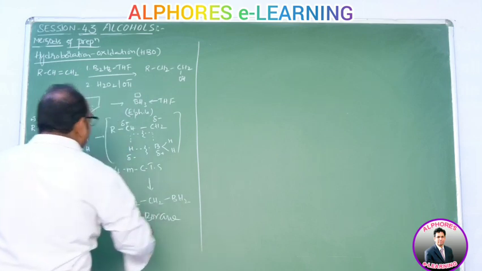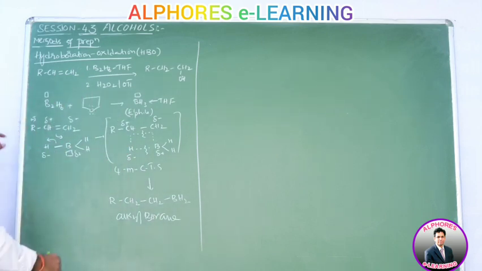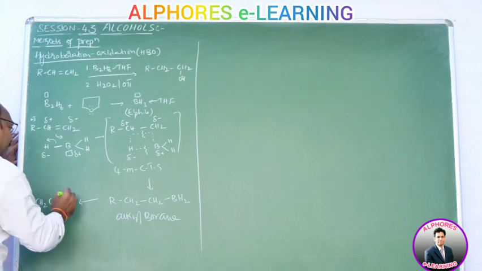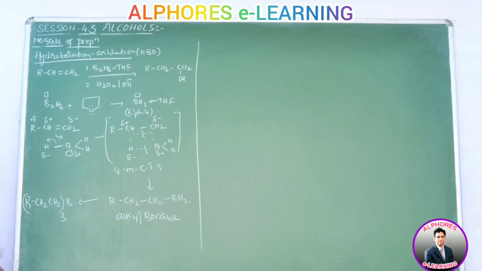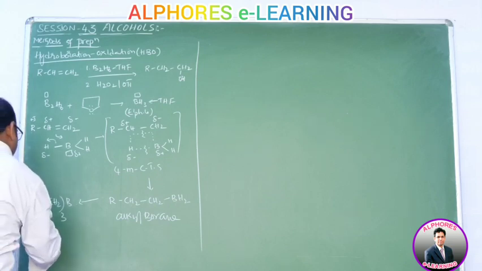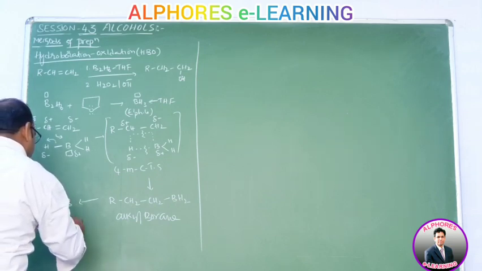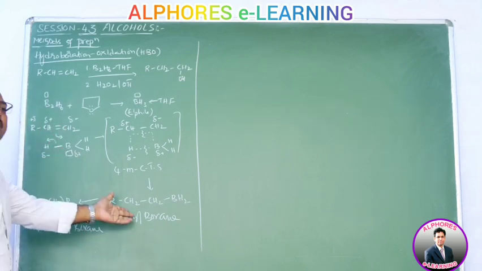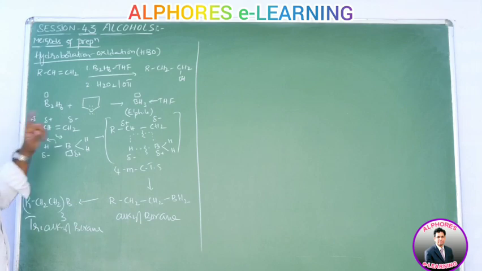Alkyl borane. And if you repeat the step another two times, then we are getting (RCH2CH2) taken thrice on B. Now this is what we call trialkyl borane. So what happened? One hydrogen replaces one alkyl group. If you perform the same reaction another two times, when you consider excess of alkene, you are getting trialkyl borane. Let us stop here.